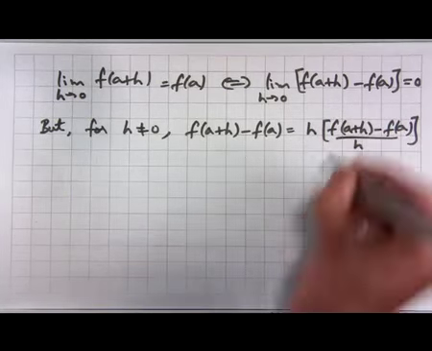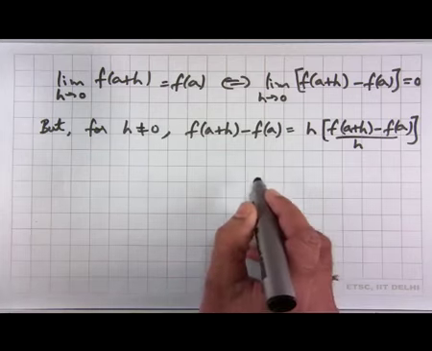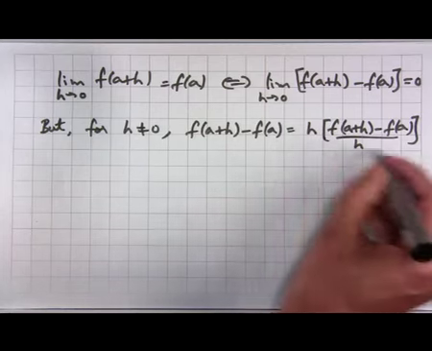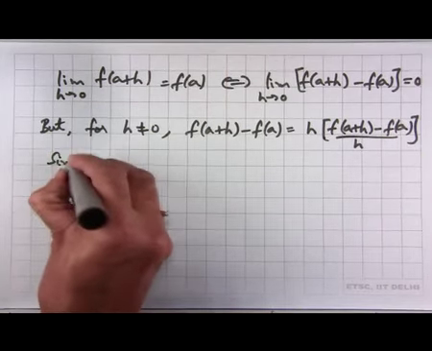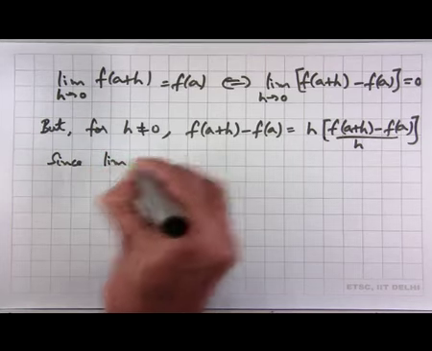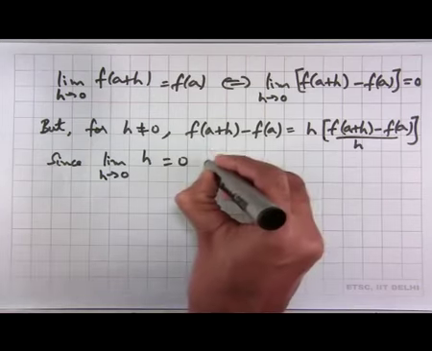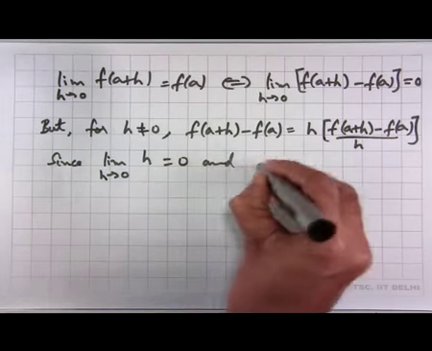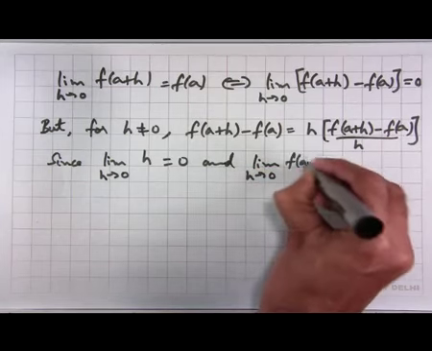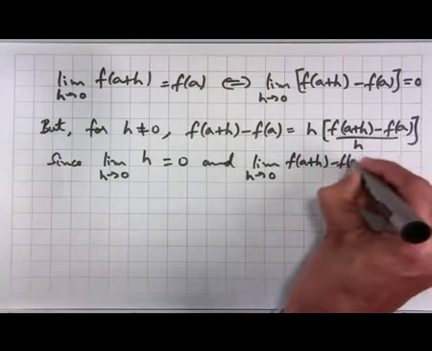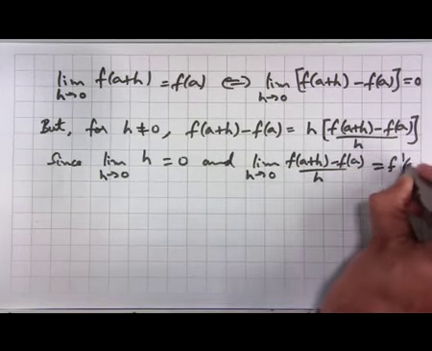I just multiplied and divided by h to get this, and what we know is that this limit exists. So, since the limit of h as h goes to 0 is equal to 0, and the limit as h goes to 0 of f of a plus h minus f of a by h also exists,